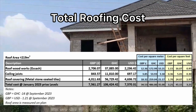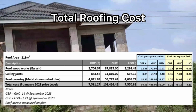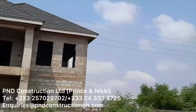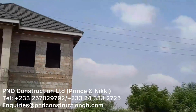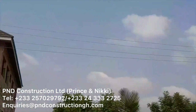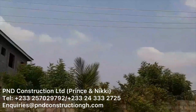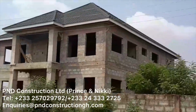As you can see, we're happy with the outcome. The colour is great. We got there with the colour, Prince. Yeah, and we got very good feedback from friends and neighbors who have seen this. So as Nikki said, the next stage is we've started, we've ordered our